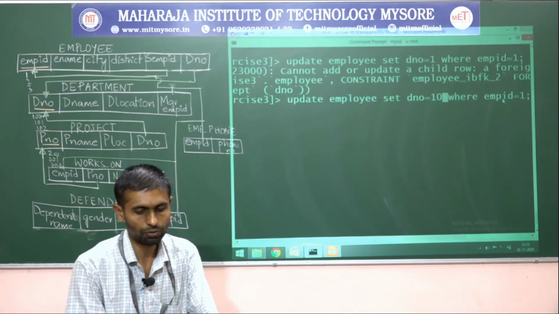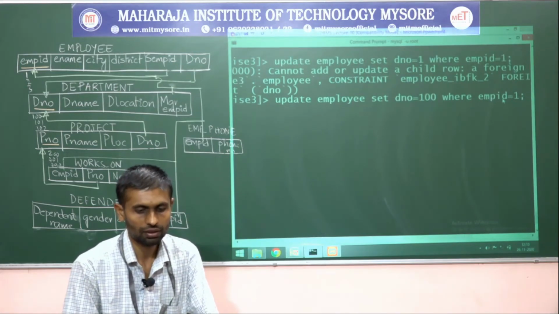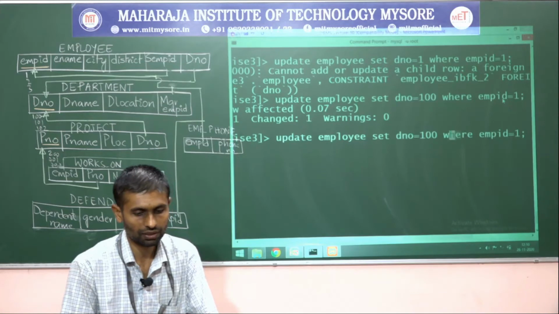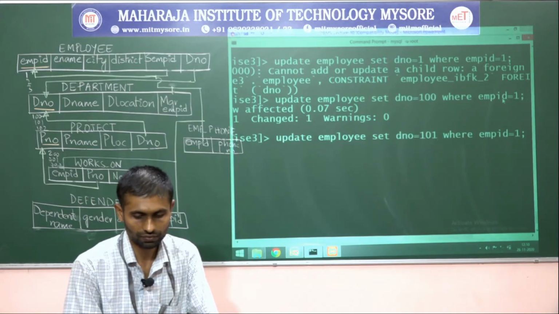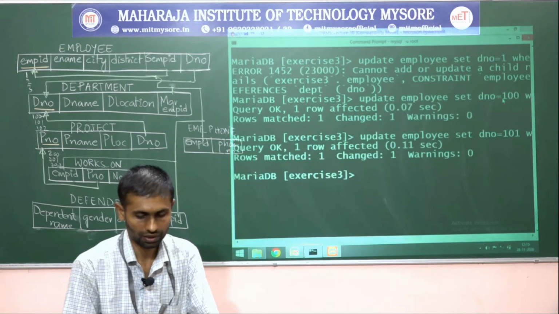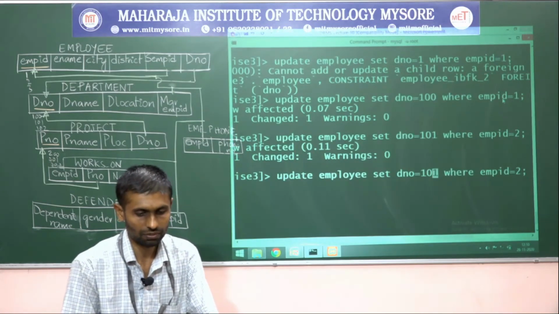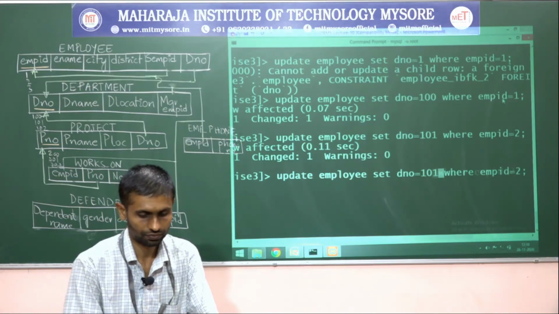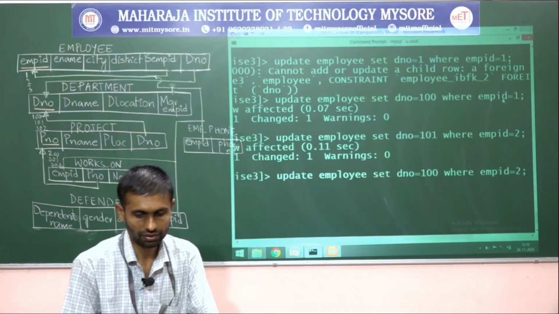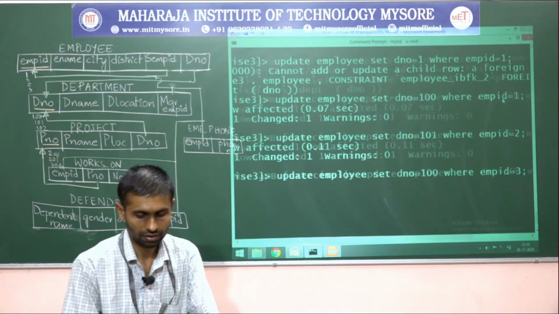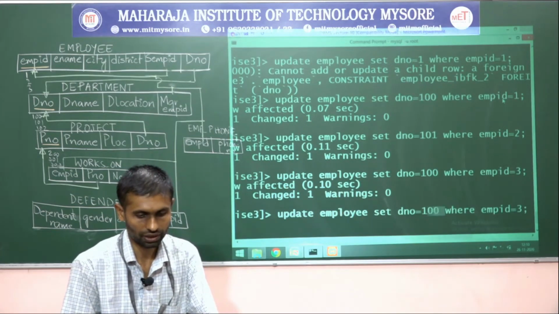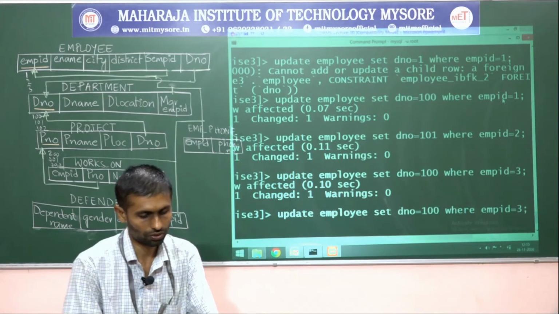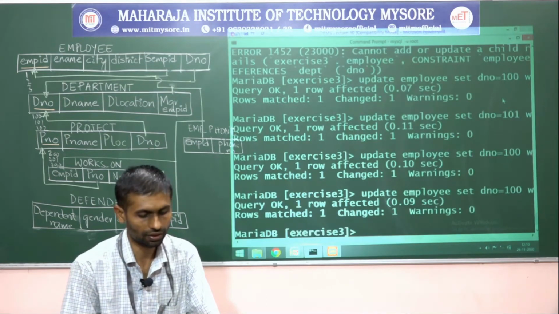We will make the first employee belong to department number 100. The second employee we will make belong to 101. Next, the rest of them belong to 100, where employee ID is 3, and employee 4 also we will make belong to 100.